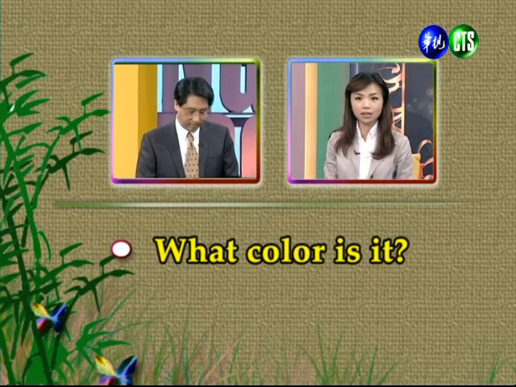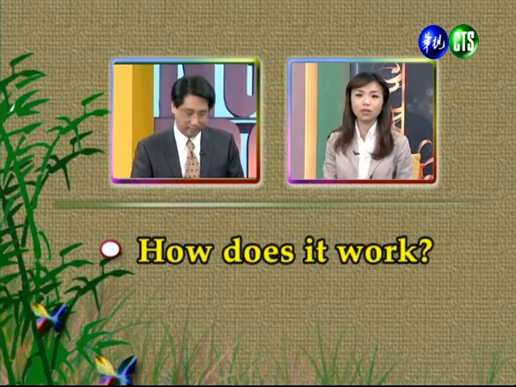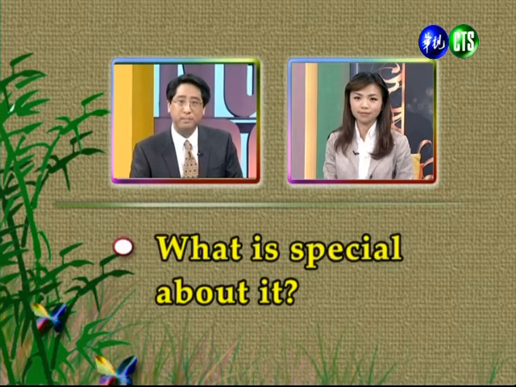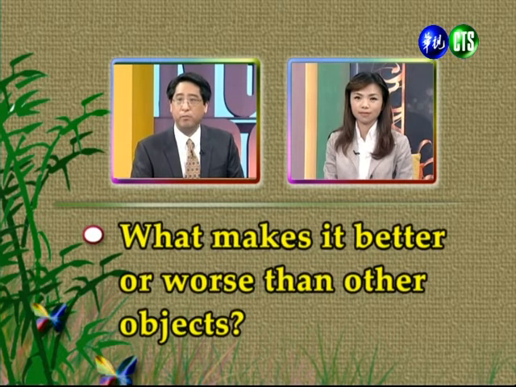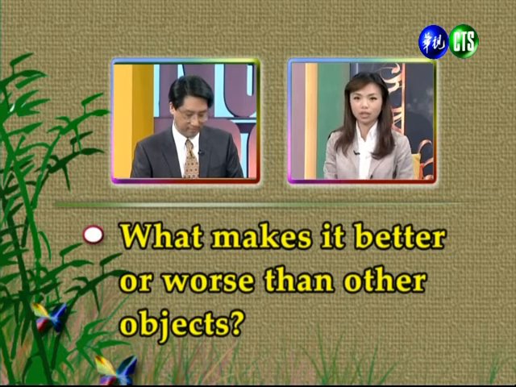How does it work? 它使用的方式是什么呢？ What is special about it? 它有什么特别的部分是我们要知道的呢？ And our last question, what makes it better or worse than other objects? 那和其他东西相比，它有什么优或是劣的地方呢？